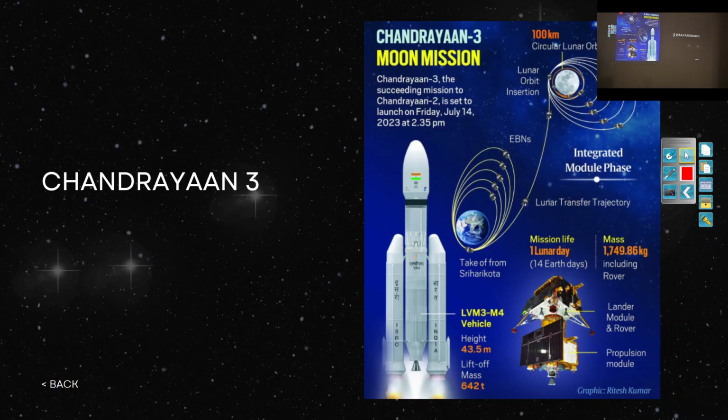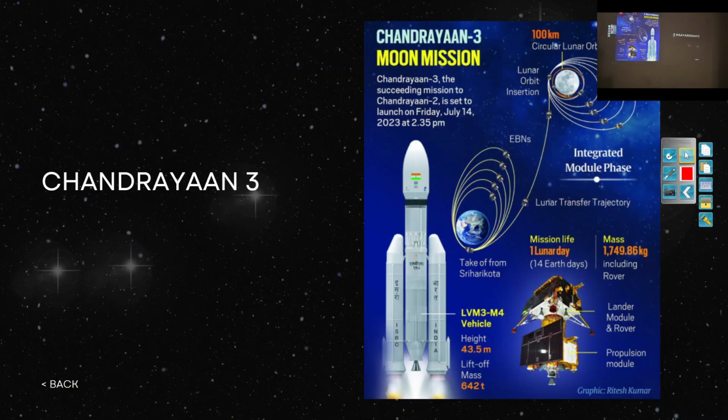Okay. And India was the 4th country to soft land on the moon, and this was sent to the southern pole of the moon. So that is the darker side. We can always see only one side of the moon. The other side we cannot see because it is tidally locked. We call it tidally locked because the rotation of the moon and its revolution around the earth are the same, around 28 days. That is why we can see only one face of the moon. So the moon is tidally locked to the earth.